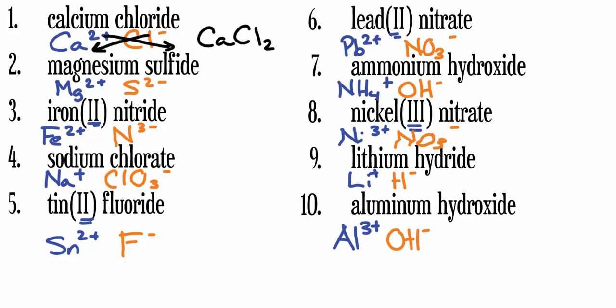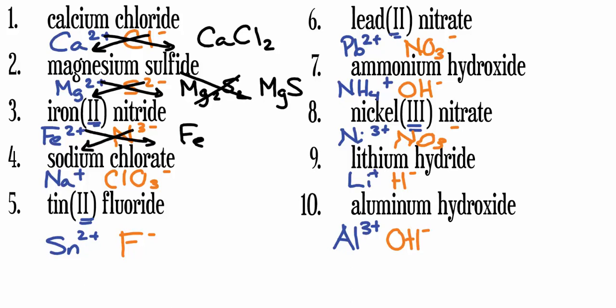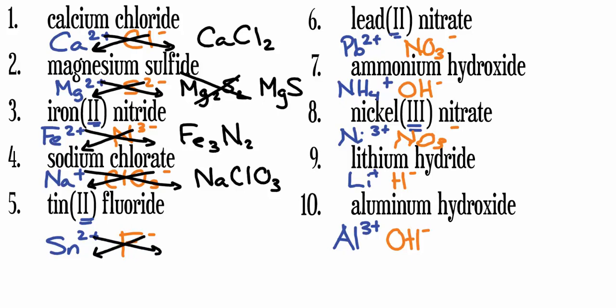CaCl2 for the calcium chloride. Magnesium sulfide becomes Mg2S2, but since that can be simplified, it becomes MgS. Fe3N2 for the iron 2 nitride. NaClO3 for the sodium chlorate. SnF2 for the tin 2 fluoride,